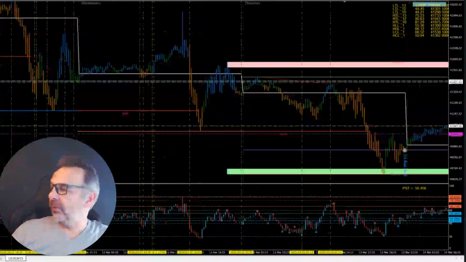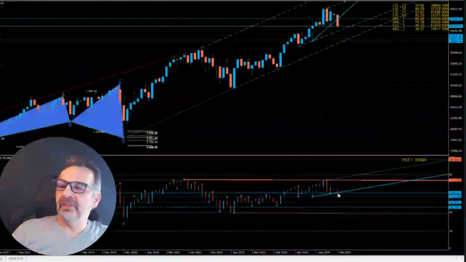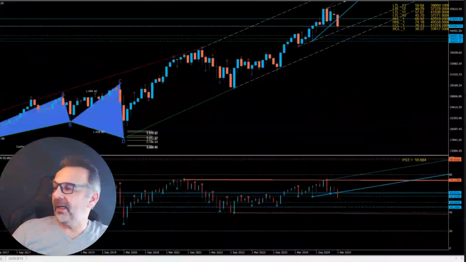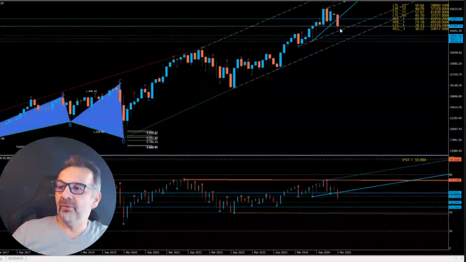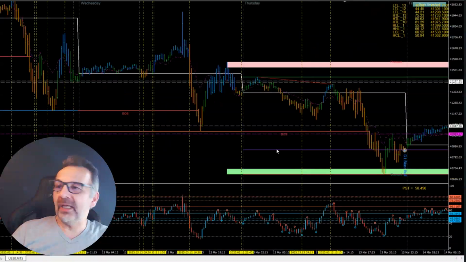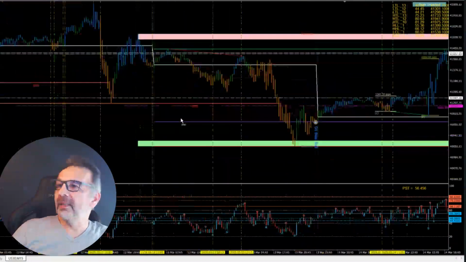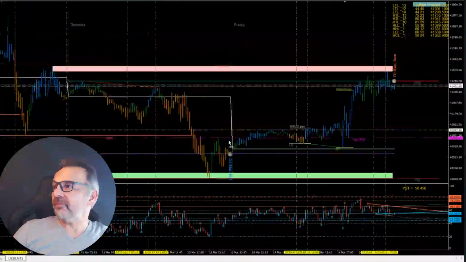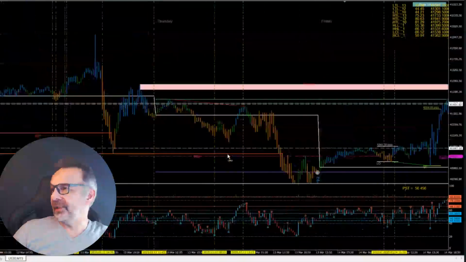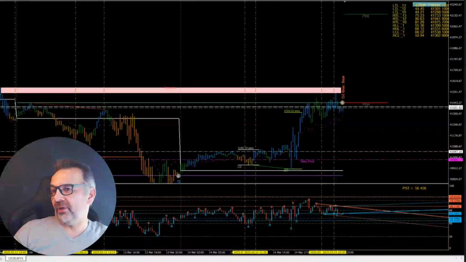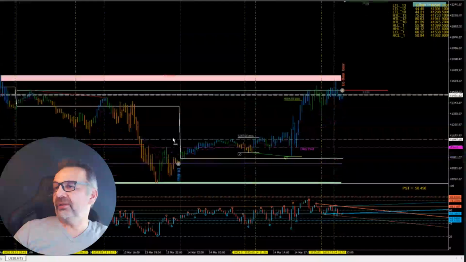But you also want to check your monthly, because this is a breakdown on the monthly. I said to myself, we still have a bit of room to come down. I in fact mentioned that in the video as well. So the market then comes in on Wednesday as well. As you can see, we don't have much to trade on the Dow Jones. Okay, nothing really to trade.